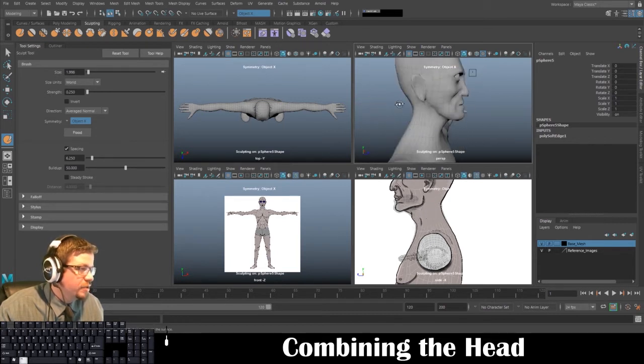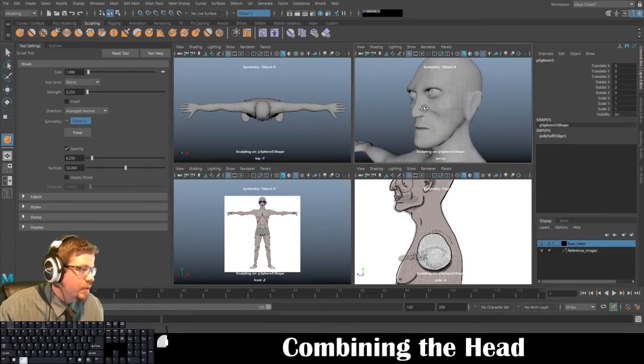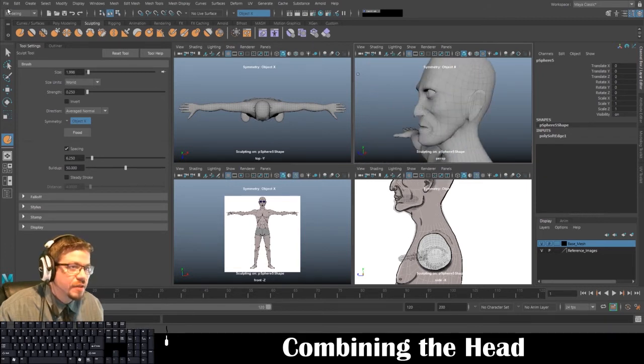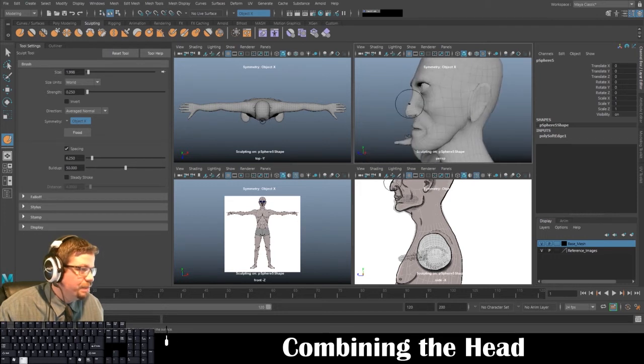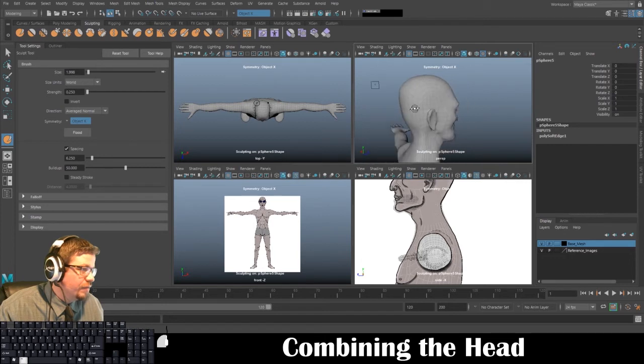So anyway, yeah, I inserted a few more edge loops to sort of equal out the geometry in the face, and that's about it for